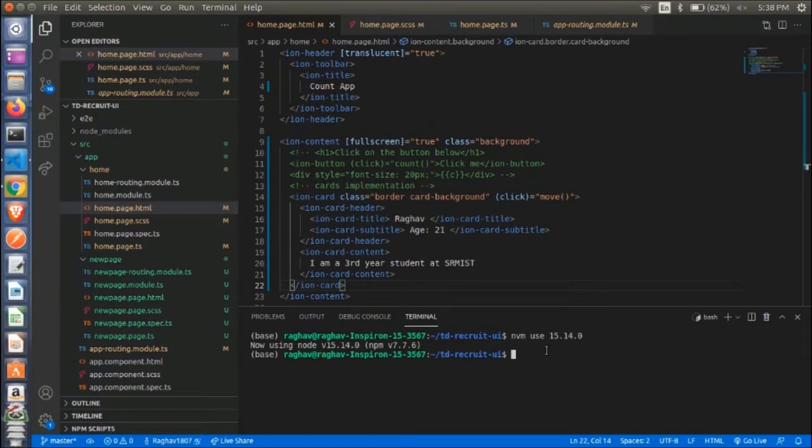So I hope everyone has these things in the homepage.html file, SCSS file, and TS file, right? Now give Ionic serve in the terminal and open the application in the browser.